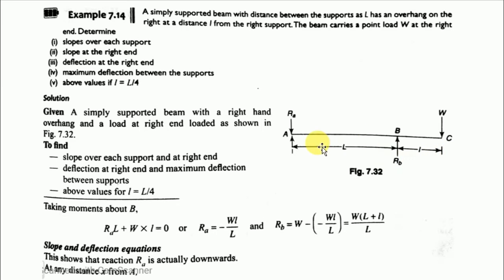So we have a simply supported beam and a hovering line. So we can easily find the value where the slope is 0, where the maximum deflection has occurred, where the deflection is 0. So all these conditions we can easily put as the boundary conditions. So at a point, as you can see in the figure, when x becomes 0, y becomes 0, where y is equal to deflection.